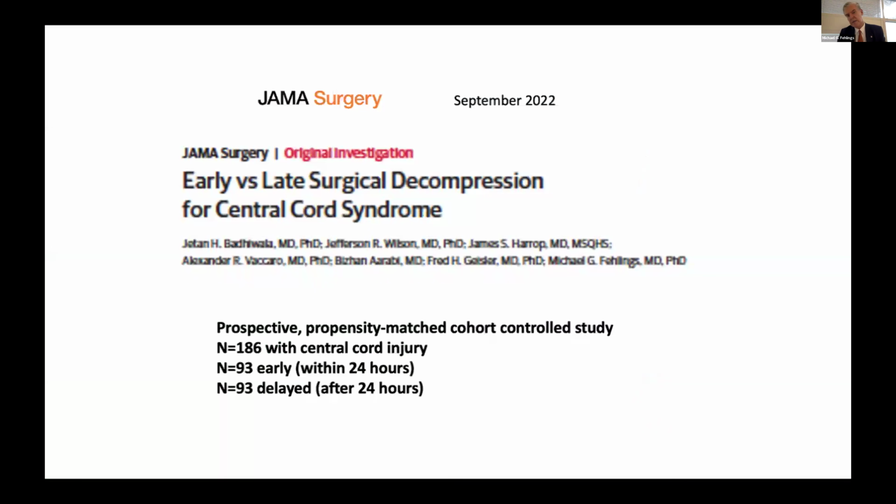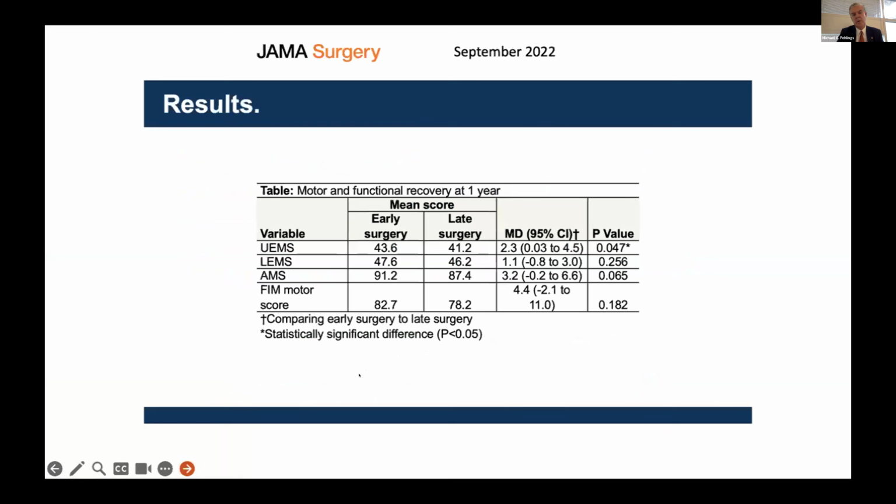Now, we tried to add some evidence to this field in this article published in JAMA Surgery. This was a prospective propensity matched cohort control study: 186 patients with central cord injury, 93 patients had early surgery, 93 delayed surgery. And overall, we found a beneficial effect of earlier surgical intervention if we look at the